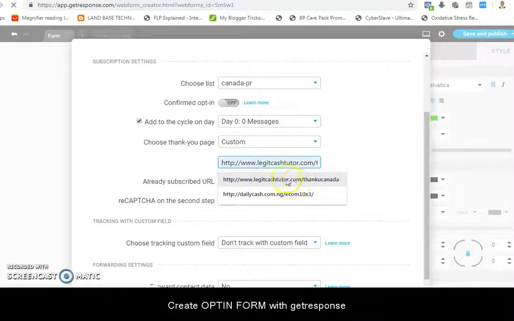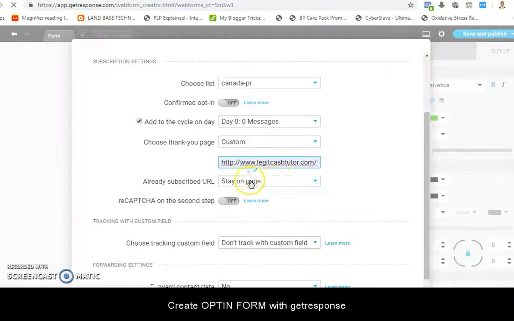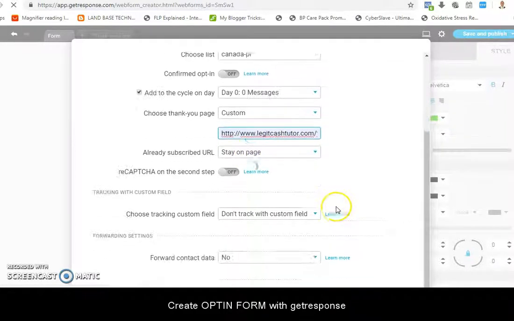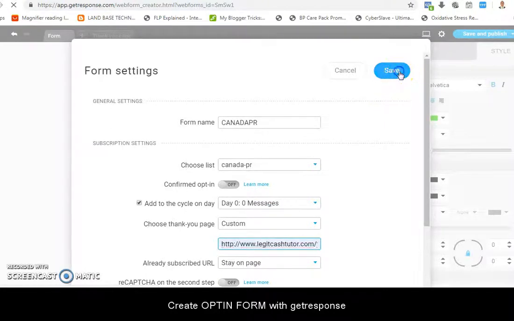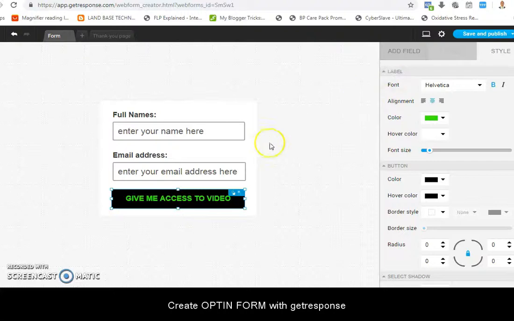You must have created your thank you page, so you select it and then stay on page, leave this one on like that, and then after that you can click save. After you have saved it, the next thing is, I think, click on save and publish. So when you click on save and publish,